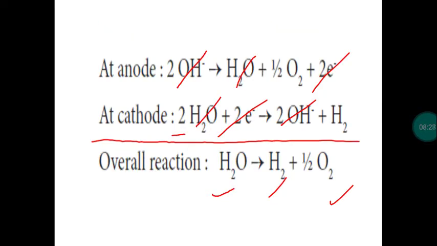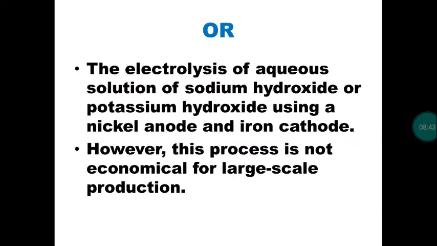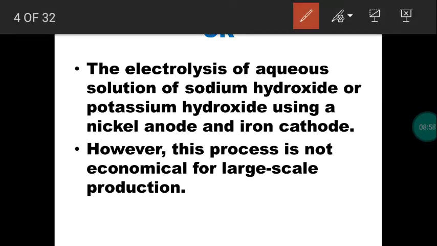For that, we take an electrolytic cell. Water undergoes a redox reaction. It produces hydrogen gas. So this is electrolysis of water molecule. The same process can be repeated by considering a basic solution. So instead of taking a water, you may take a basic solution or alkaline solution, right? You can take sodium hydroxide or potassium hydroxide aqueous solutions, right? So sodium hydroxide or potassium hydroxide aqueous solutions can be acting as electrolytic solution.